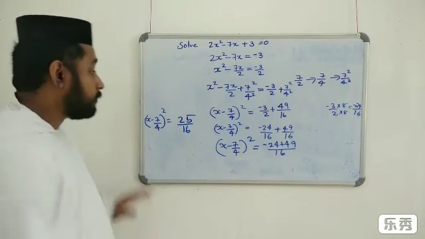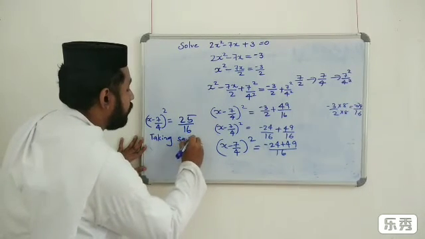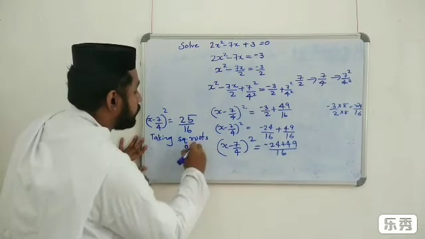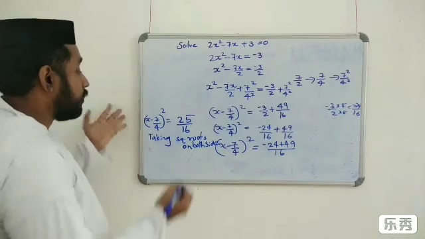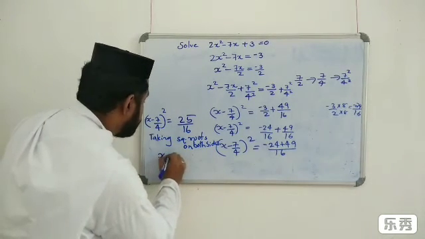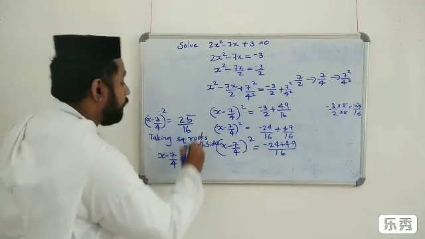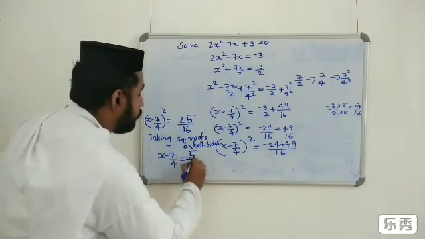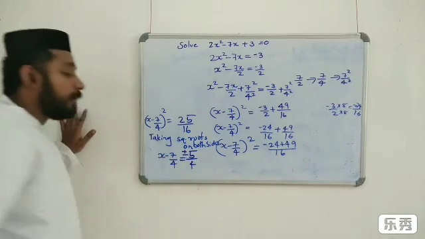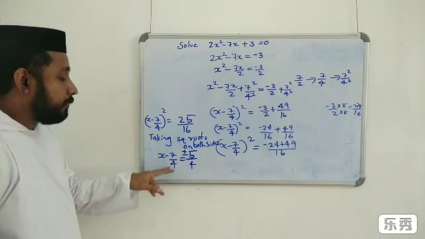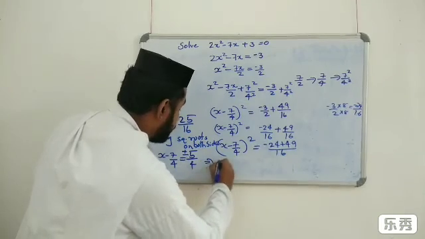Taking square root on both sides. The square root of (x minus 7 by 4) all square means x minus 7 by 4, which is equal to root of 25 by 16. Root of 25 is 5, and root of 16 is 4. So we got x minus 7 by 4 is equal to plus or minus 5 by 4, which means x is equal to,